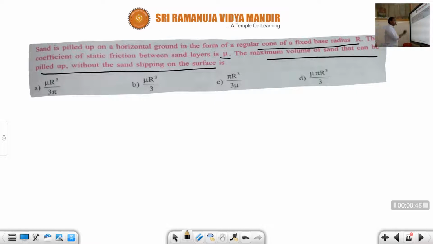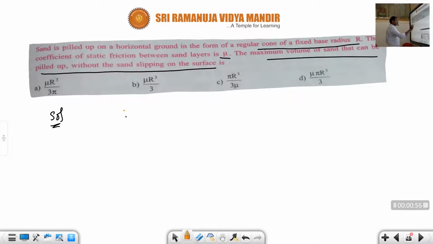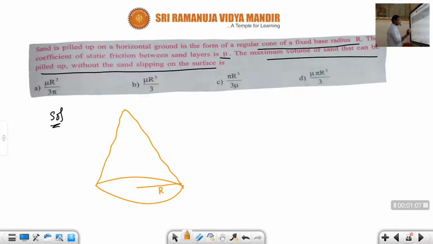Now in the question they are asking for the solution, which you are going to solve. Here the sand is piling up in this way, forming a cone shape. This is the base area, r is the radius of the base. Then what is the volume? It is looking like a cone, so the volume of the cone, V, is equal to 1/3 pi r square into height h. This is the volume of the cone.